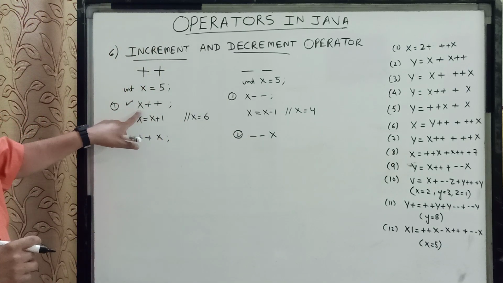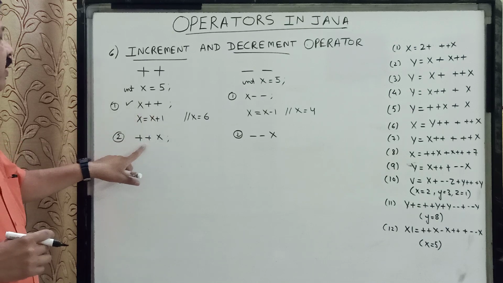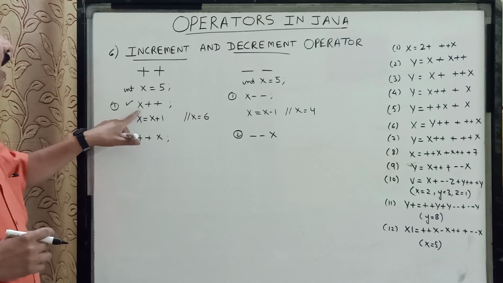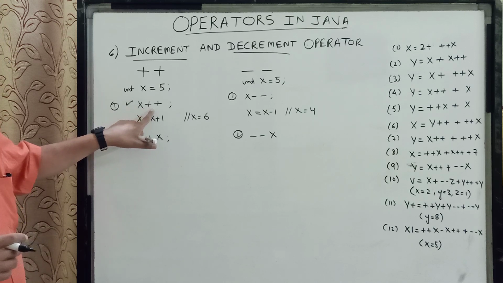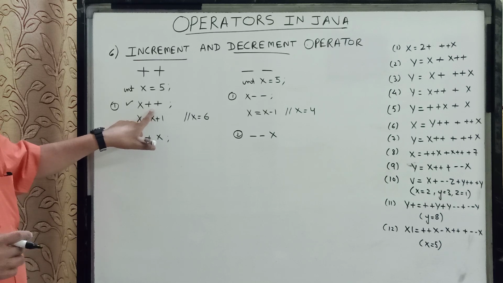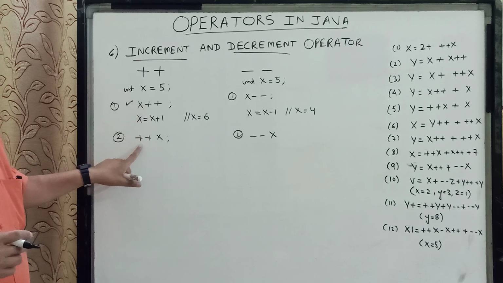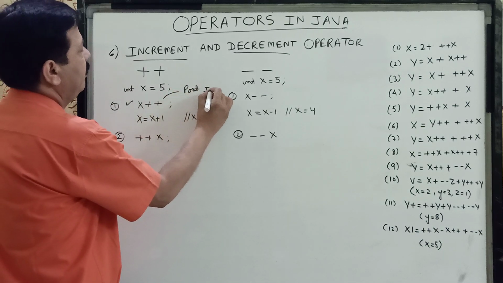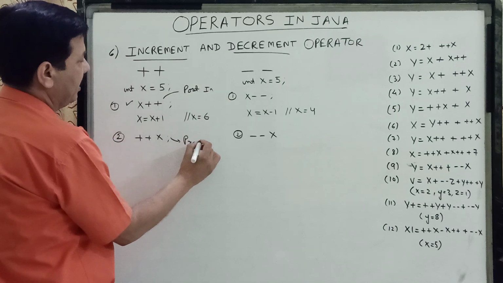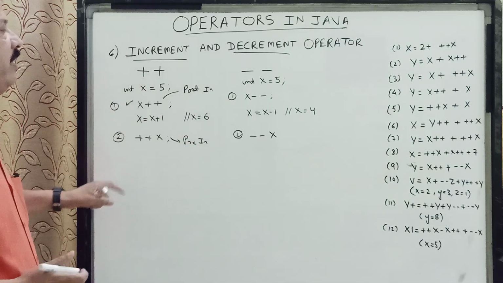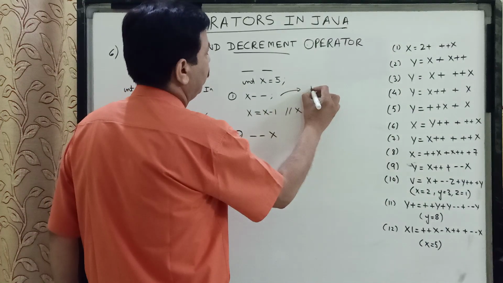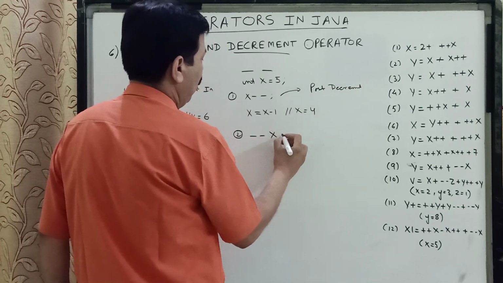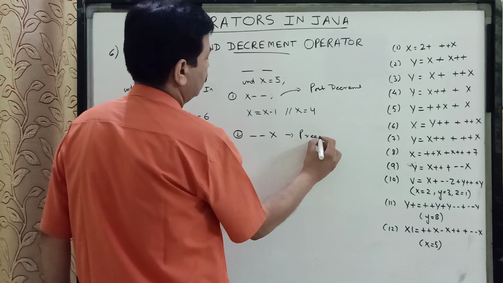So if you see this example and these examples, here I have used the increment operator after the operand, here I have used the increment operator before the operand. Now when I use the increment operator after, it is called the post increment operator, and if I use it before an operand, it will be called pre. So this is called post increment and this is called pre-increment. So these are the two ways. In the same way children, this will be called post decrement and this will be called pre-decrement.